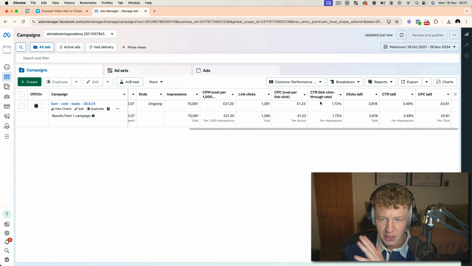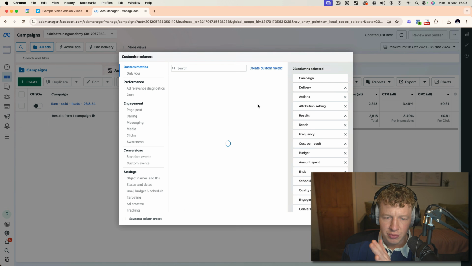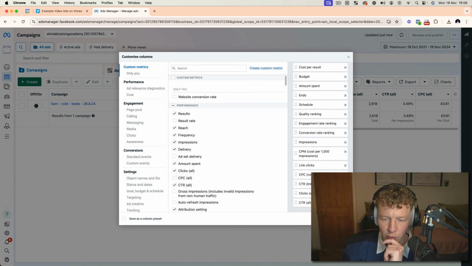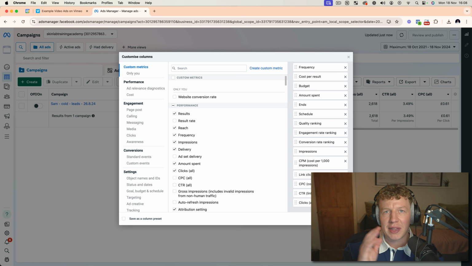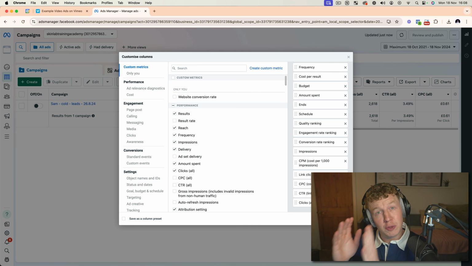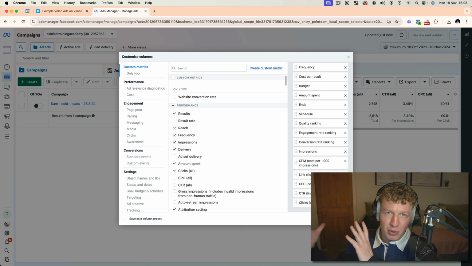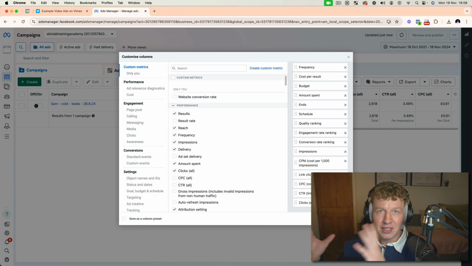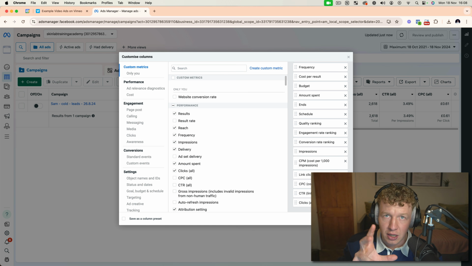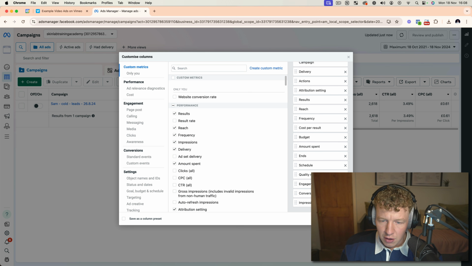It's quite confusing. And the best way to organize your columns is to come here and click on customize columns. And you want to do things in order of which they show in the funnel. So what I mean by that is you want to start with your budget, then you want link clicks, you want cost per link click, you want link click-through rate, then you want leads, then you want cost per lead, then you want conversion rate, and then you want all the supplementary data that's maybe not key, so just like CPMs, frequency, and that kind of stuff. So we want basically at a glance to be able to look into our ad account and see what's going on. So let's just clear all of this excess data and let's start from scratch,